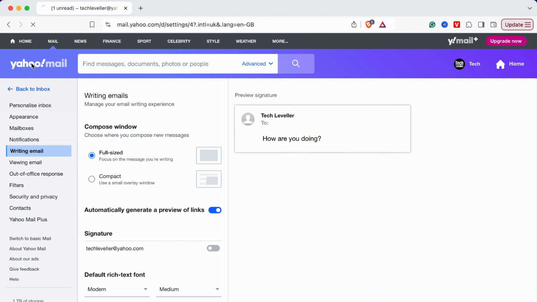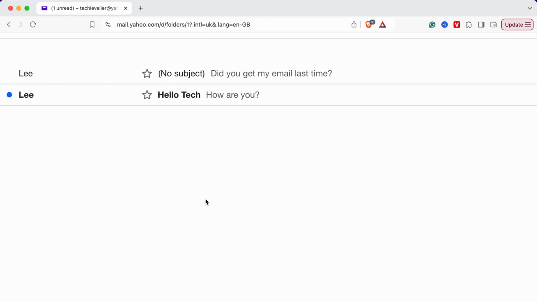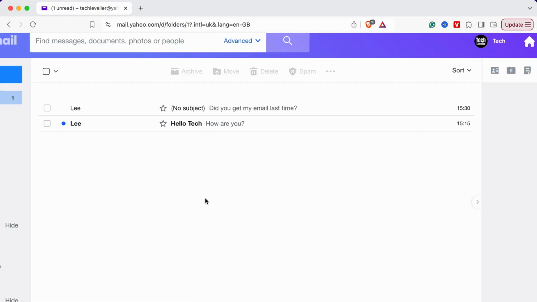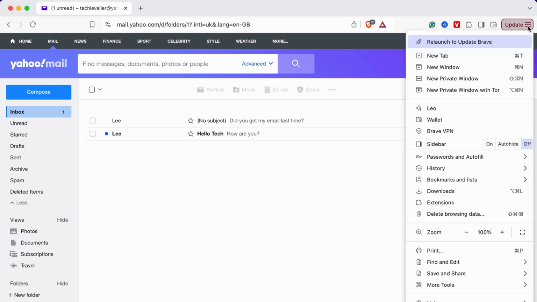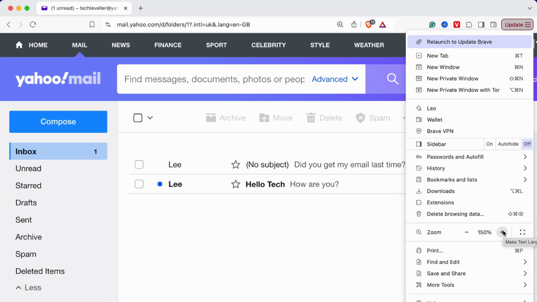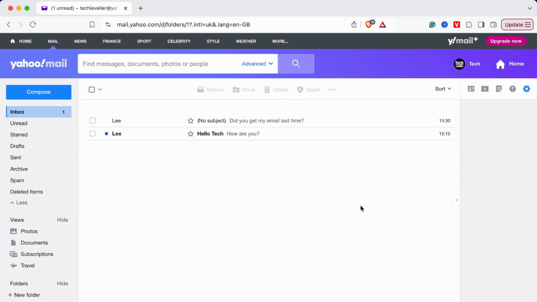If you want to make everything bigger, so all the text bigger, you will need to zoom actually within the browser. Normally, you can do this if you're using a mouse, using the scroller wheel. However, if you don't have that, you can come up to the top here and press the three little lines. Most browsers are the same and will have a zoom function like that, which you can change from the settings